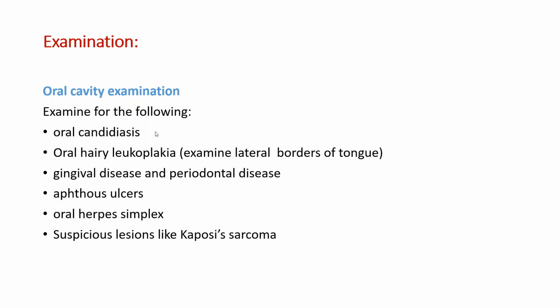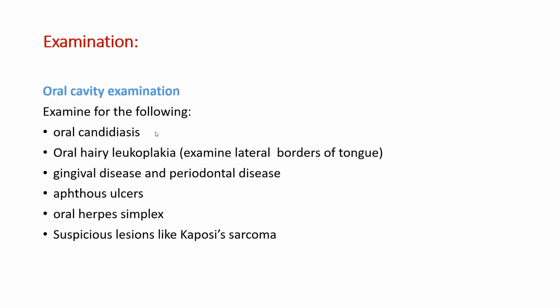Look for oral candidiasis. Oral candidiasis or oral thrush manifests as white, curdy lesions seen in the mucosa, over the dorsum of the tongue. These lesions can also be seen in the fauces, posterior pharyngeal wall, and even down the pharynx. You can see these lesions. Oral hairy leukoplakia is usually seen on the lateral borders of the tongue,